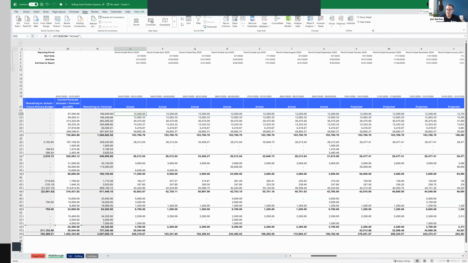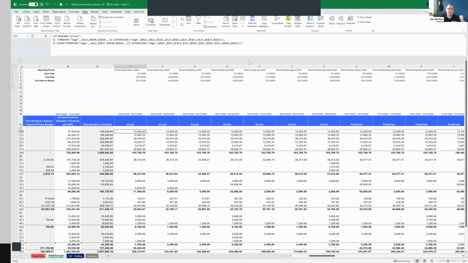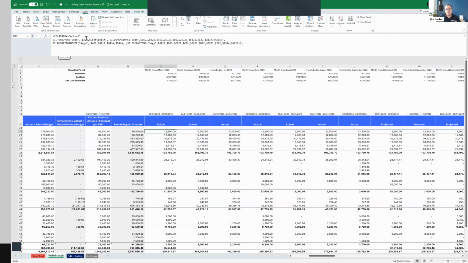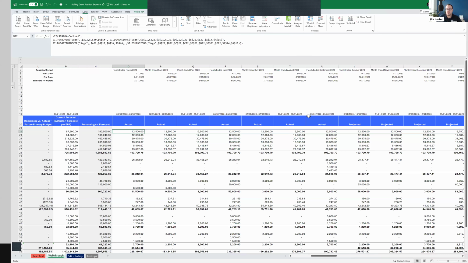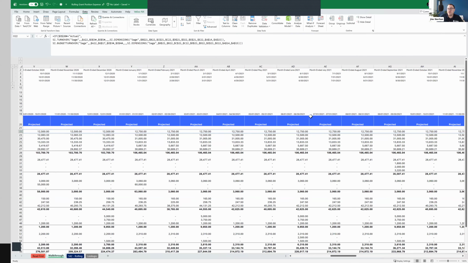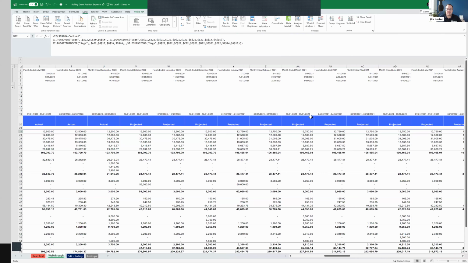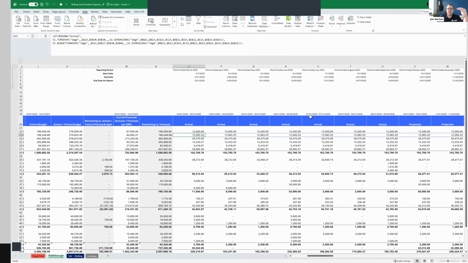The same is true for all of this, right? So I basically have an if statement combining standard Excel with Velixo that says, hey, if I want actual data, use the SI turnover function. If I don't want actual data, which is my projected data, then use the budget. And I've now created a dynamic rolling, basically forecast view of what my grant's going to look like. And that's just with one formula per row, and that information spills on over.